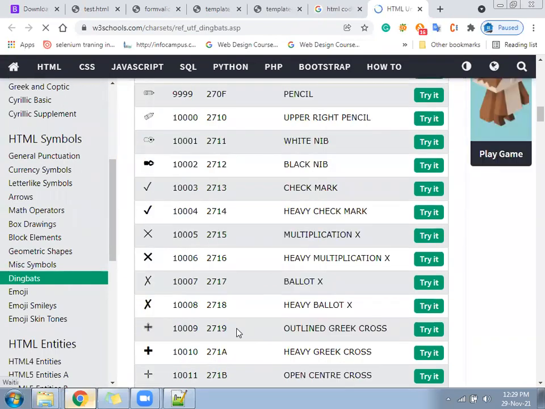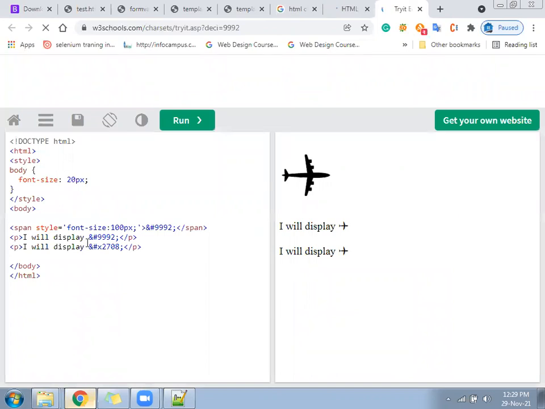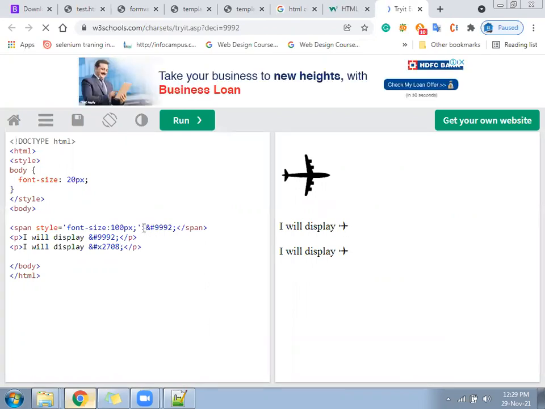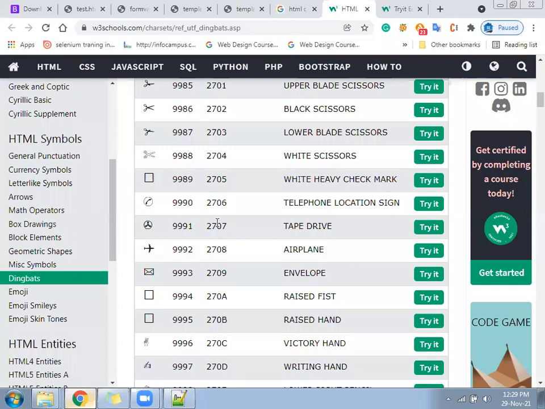Suppose before our we want to display this aeroplane. Let me see what the entity for that is. The number. I will display the aeroplane. So that code: less than, hash, ampersand and hash should be there. Ampersand and hash is required, and after that this number.